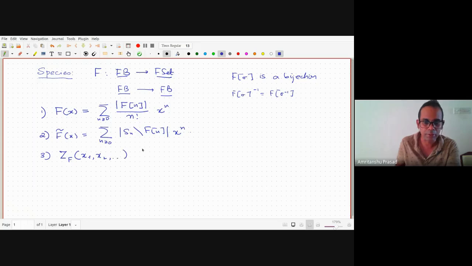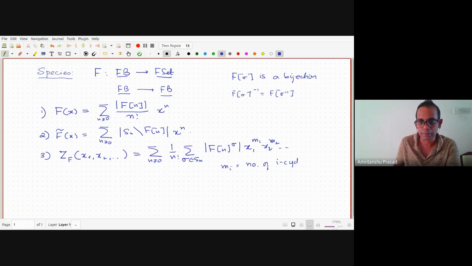This is a generating function in infinitely many variables, and it's given by the sum of 1 over n factorial, sum over sigma belonging to Sn, the number of fixed points of Fn sigma, times x1 raised to m1, x2 raised to m2,